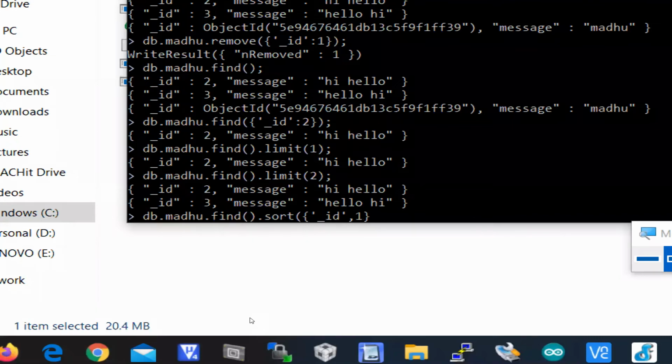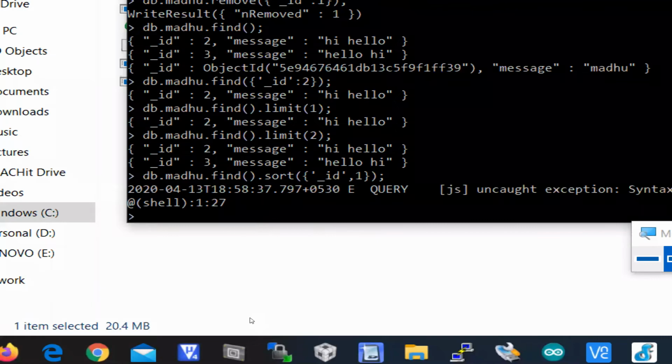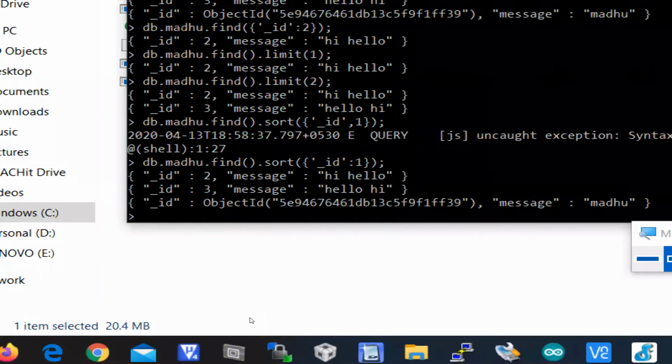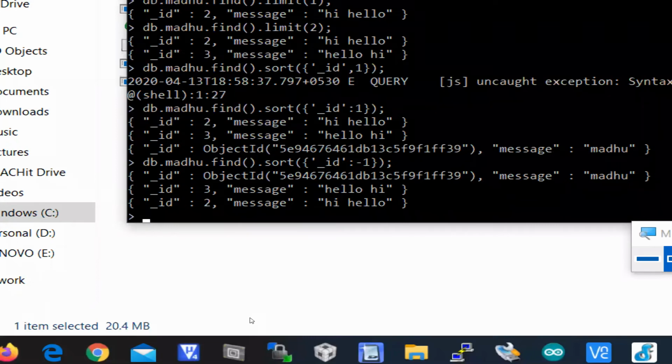When you put 1, all your documents will be sorted. If you put -1, they'll be sorted in ascending and descending manner. One will be descending, one will be ascending here. You can sort it by using colon 1 and colon -1.